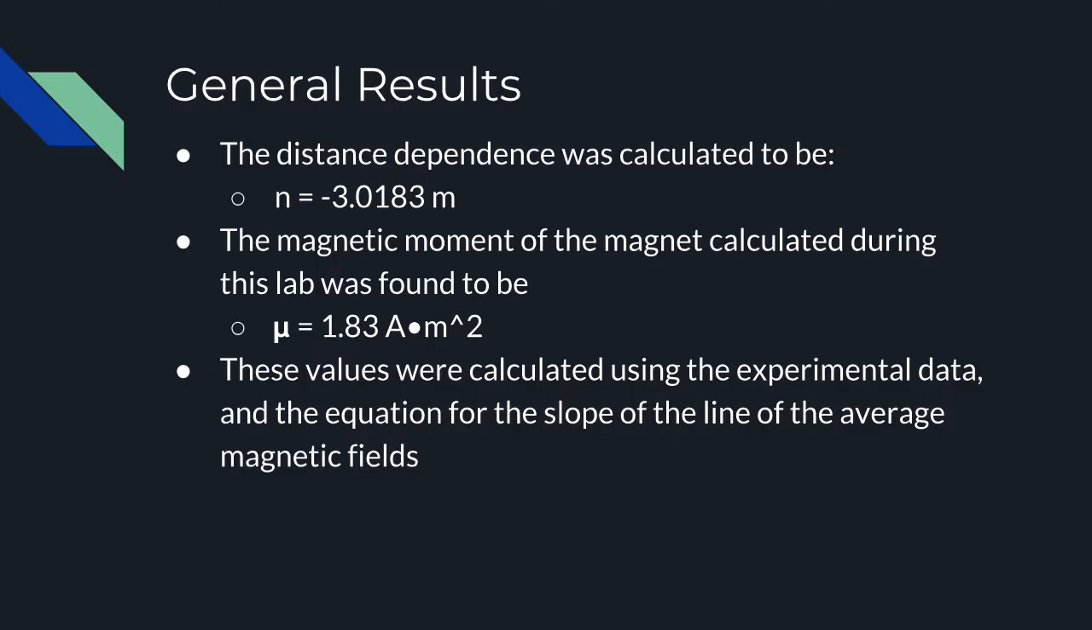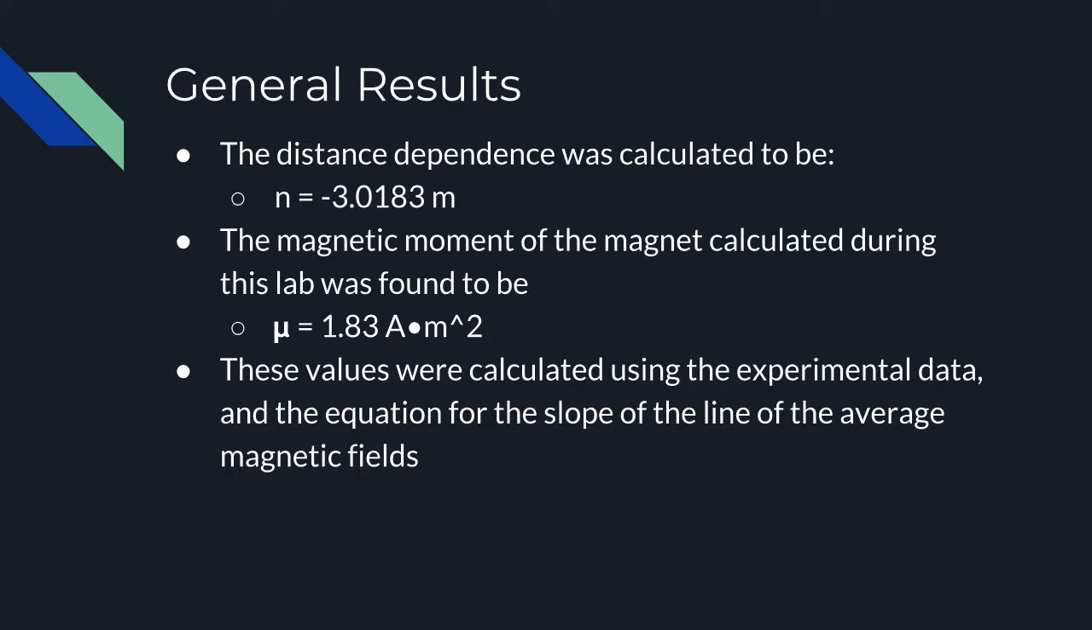The general results of this lab were that the distance dependence was calculated to be approximately -3.0183 meters, and the magnetic moment of the magnet calculated during this lab was found to be 1.83 amperes times meters squared. These values were calculated using the experimental data and the equation for the slope of the line of